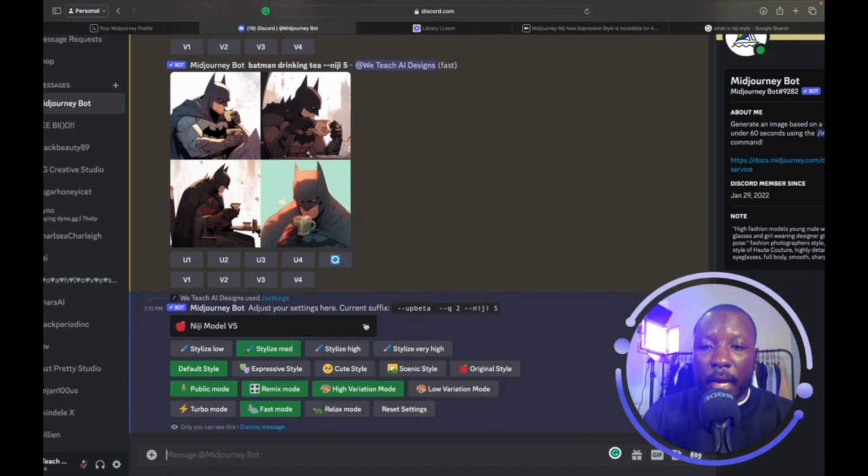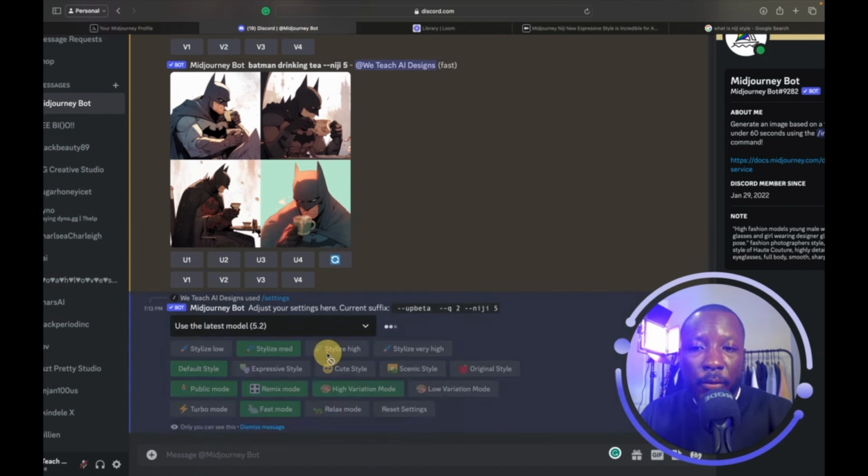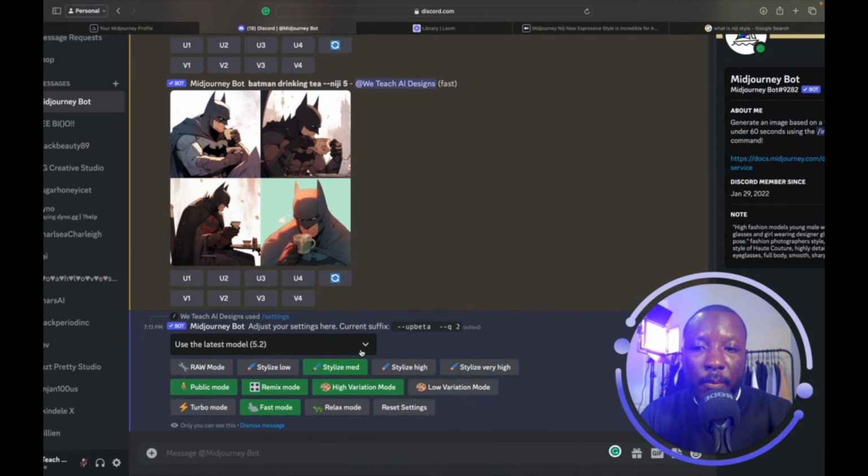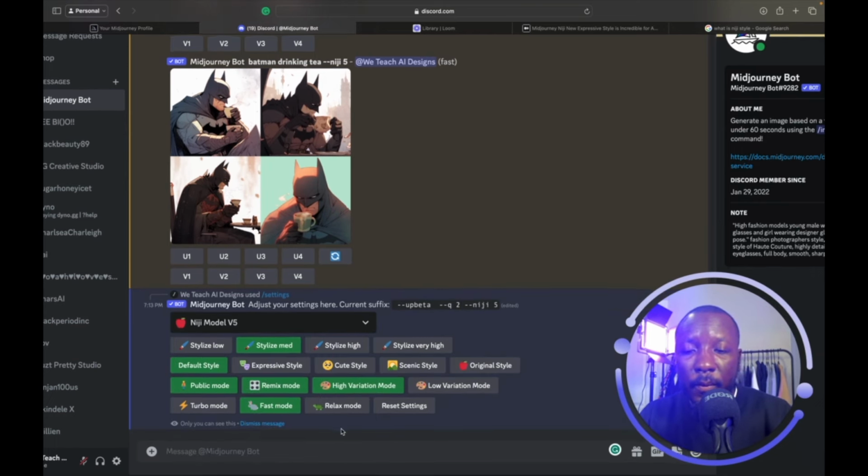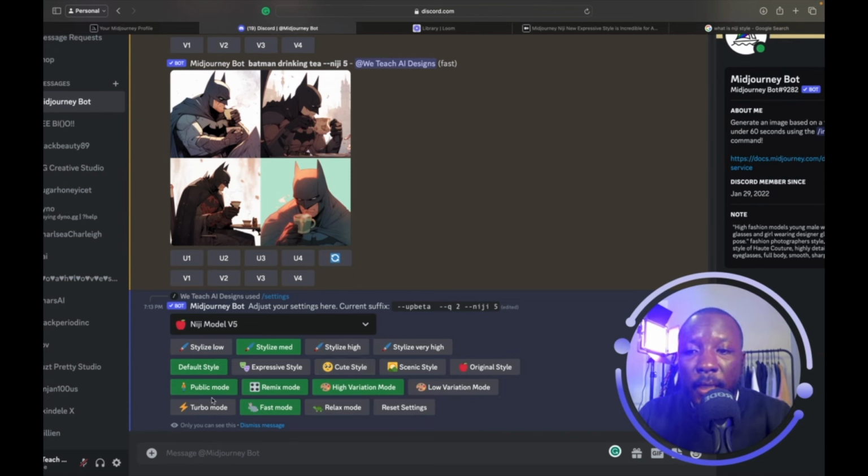And right now it's in Niji mode. Most of you probably have it in the latest model of 5.2. So you just hit the selection mark, you scroll down to Niji model version 5. And as you can see, you still have the different settings that we've always had, and I definitely implore you guys to